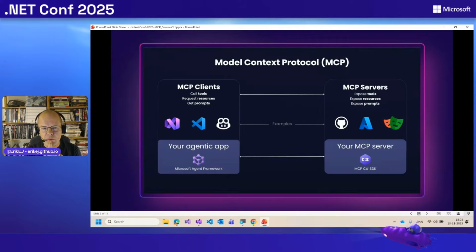So let's just have a quick recap of the Model Context Protocol. We have some MCP clients, which is usually GitHub Copilot inside either Visual Studio Code or Visual Studio, or you can actually also create your own agent with the new Microsoft Agent Framework. And then on the other side, we have an MCP server, which exposes various tools.